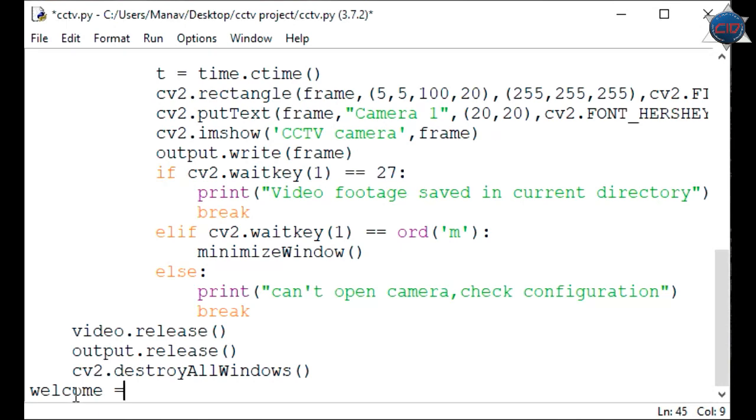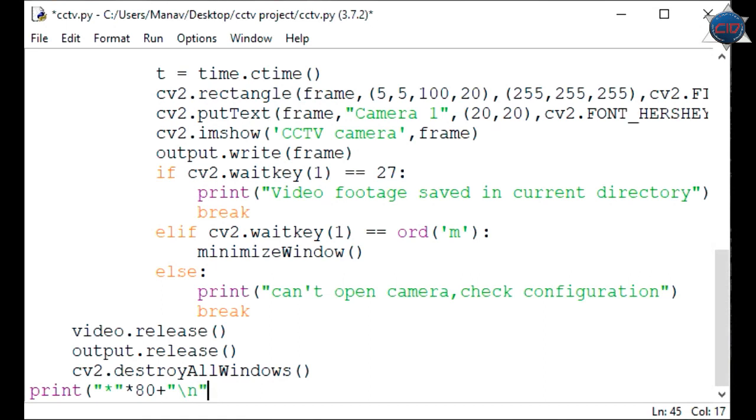Suppose I'm not welcoming, just printing some design, like asterisk 80 times. And I'll use here slash n.